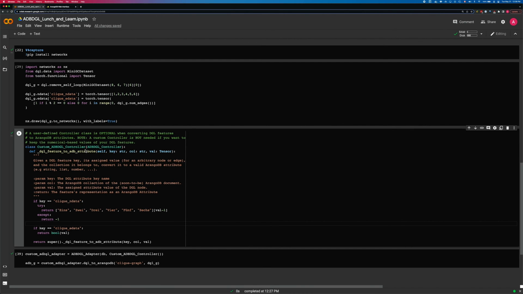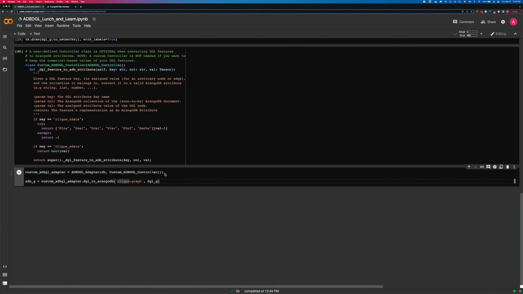This is the final representation of our custom ADB DGL controller. We can see that our click ndata handler is still there. We've just added an extra step to handle the click edge data DGL features. We turn them here in this case into Boolean values. And we also invoke super as a good practice to make sure that any case uncovered by these handlers is properly dealt with via the parent DGL controller.